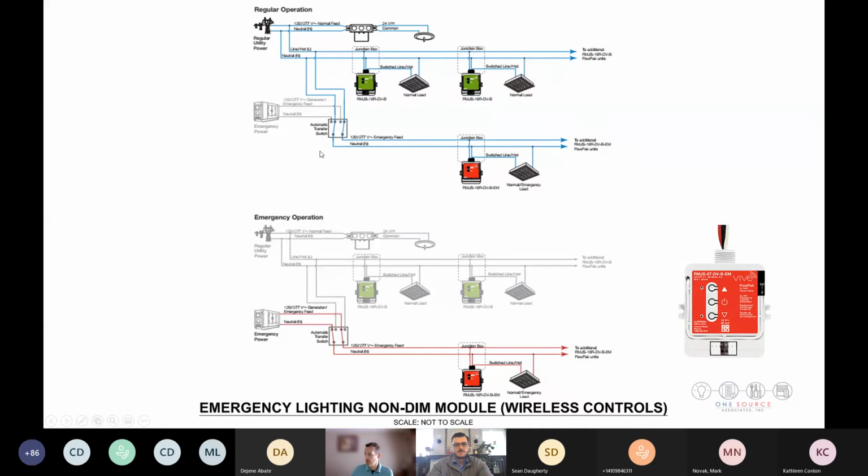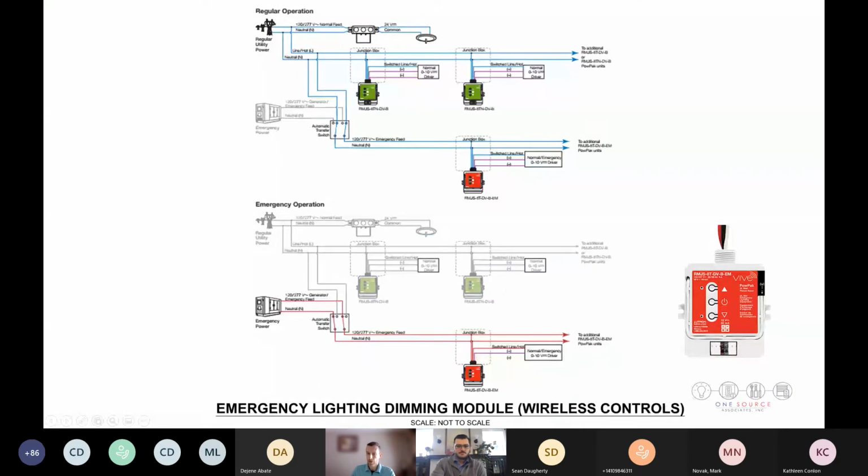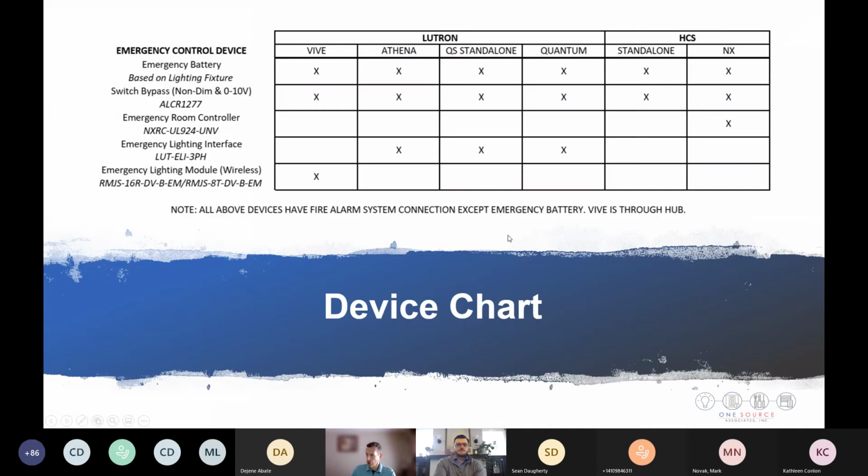And this diagram illustrates the normal flow coming through, and obviously with the emergency, with only the emergency fixture working. And then the dimming of the same application. We have a chart here that illustrates that